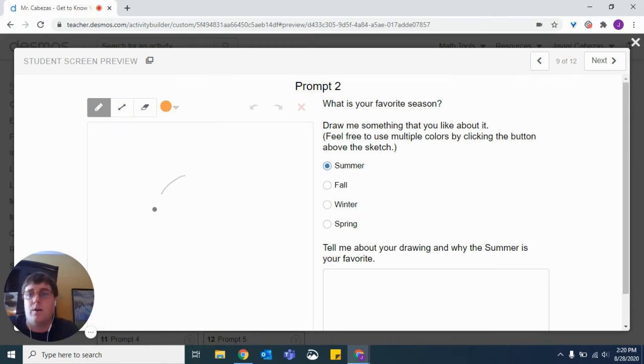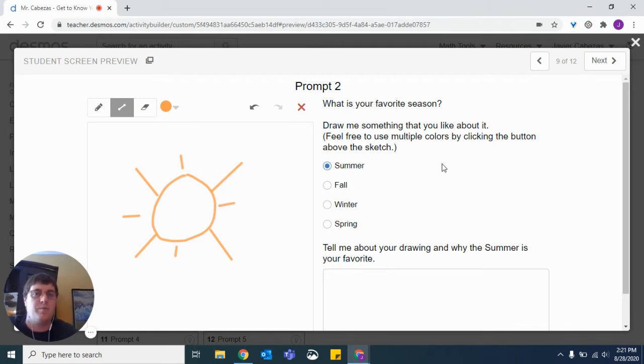So I'm going to draw a horrible sun, although that's better than I've done in the past. That's great. I am not a great artist. Does this even look like a sun? I don't know. That's pretty decent. And so you get the idea. Students will be able to draw you a picture. Why is the summer my favorite? I get to go to the,